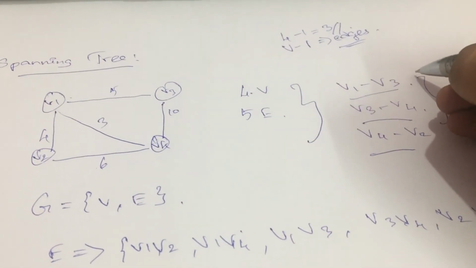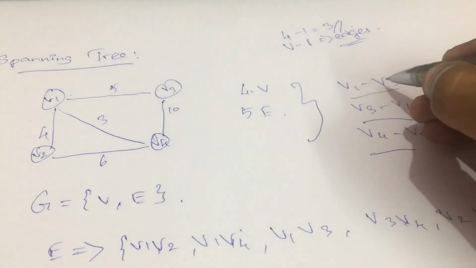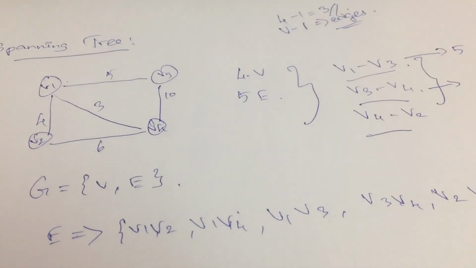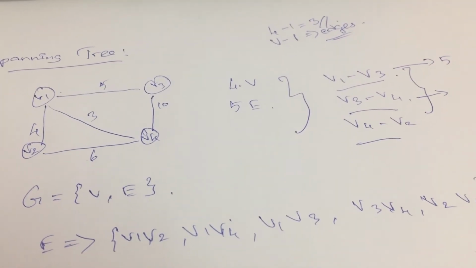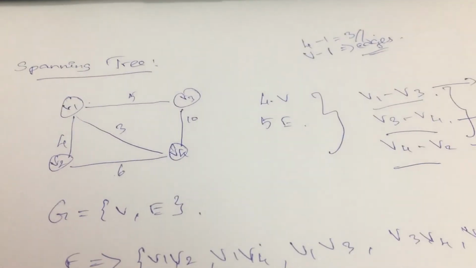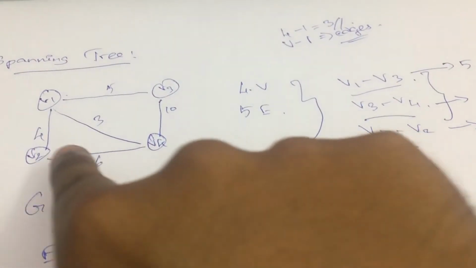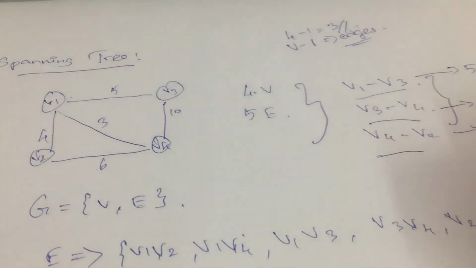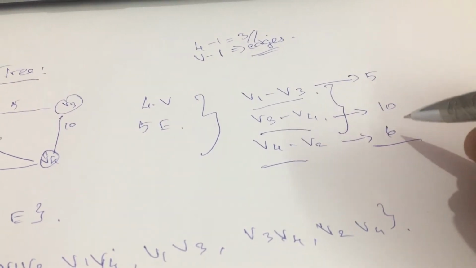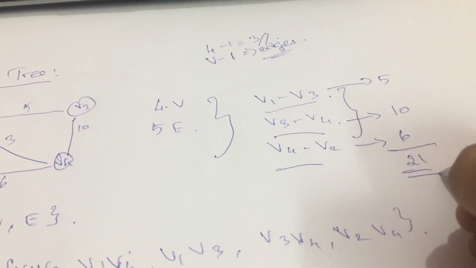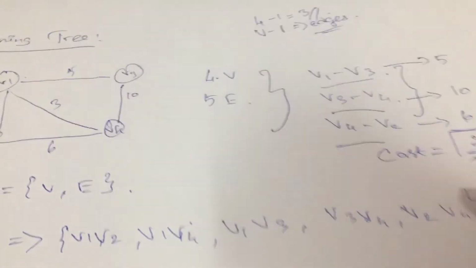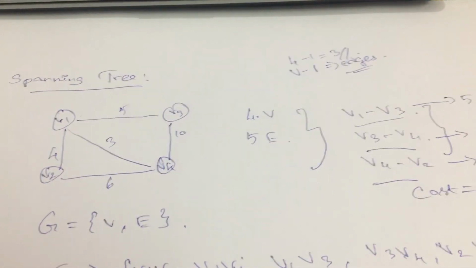So let's mark the values for each and every edge. The first edge, v1 to v3, has an edge value of 5. Next is v3 to v4, which has an edge value of 10, followed by v4 to v2, which has an edge value of 6. So if I add all the values, 10, 5 and 6, it gives me the final output of 21, right? So the spanning cost, for cost estimation, gives us 21, but this is not actually an optimal solution, right?